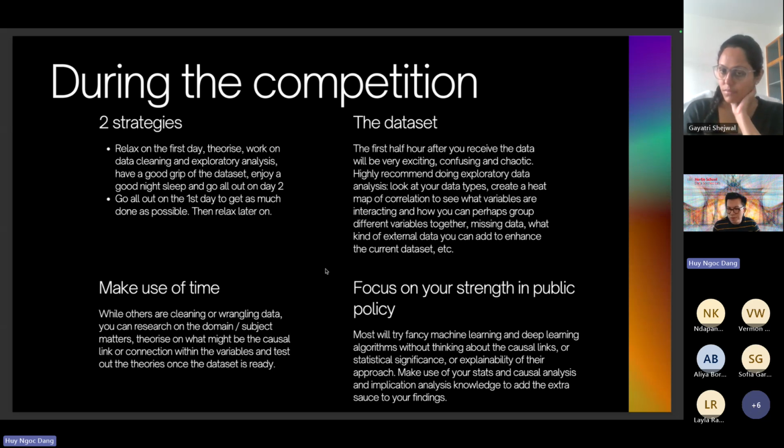Like you go into this with a spirit of learning, right? You want to learn together, and you want to grow together, and you want to be together as a team. So enjoy the process, enjoy it, and have fun.